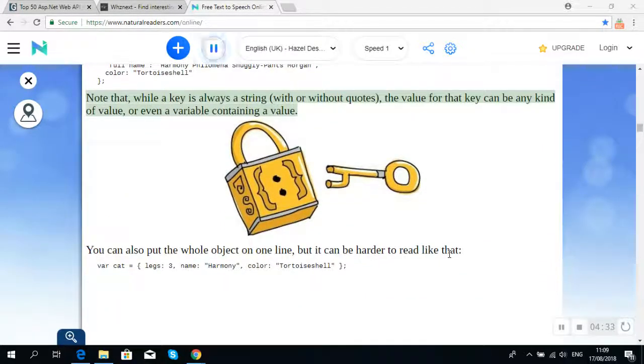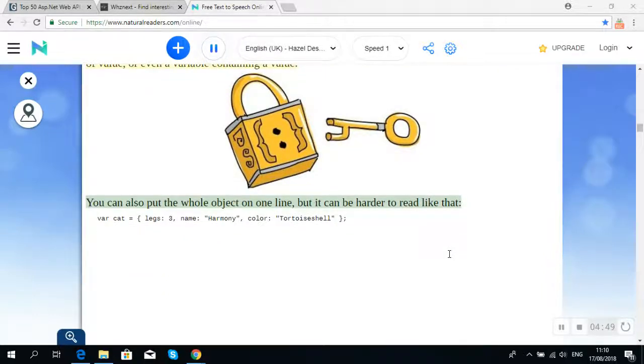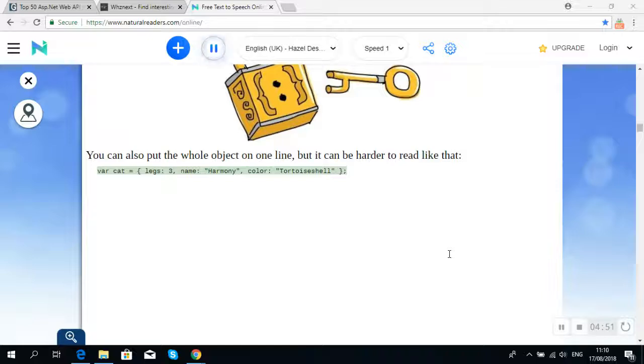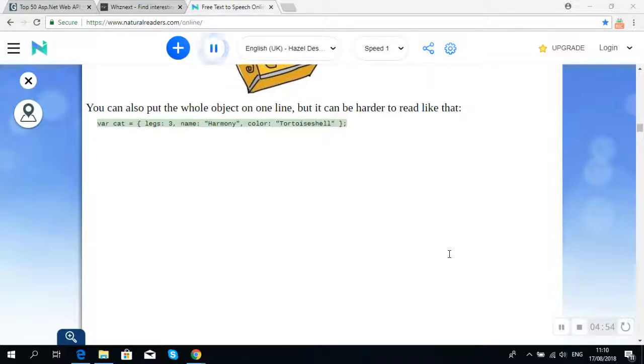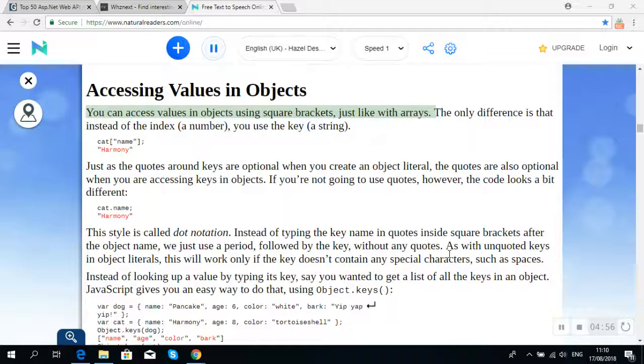Note that, while a key is always a string with or without quotes, the value for that key can be any kind of value, or even a variable containing a value. You can also put the whole object on one line, but it can be harder to read like that. var cat = { legs: 3, name: "Harmony", color: "tortoiseshell" }; You can access values in objects using square brackets, just like with arrays. The only difference is that instead of the index, a number, you use the key, a string. cat["name"]